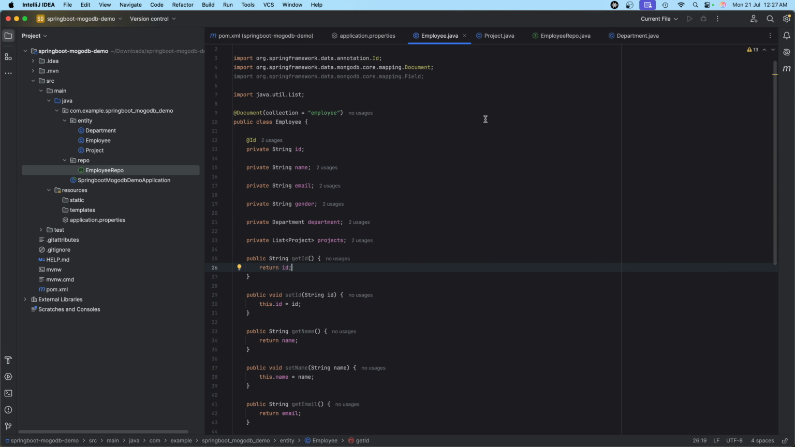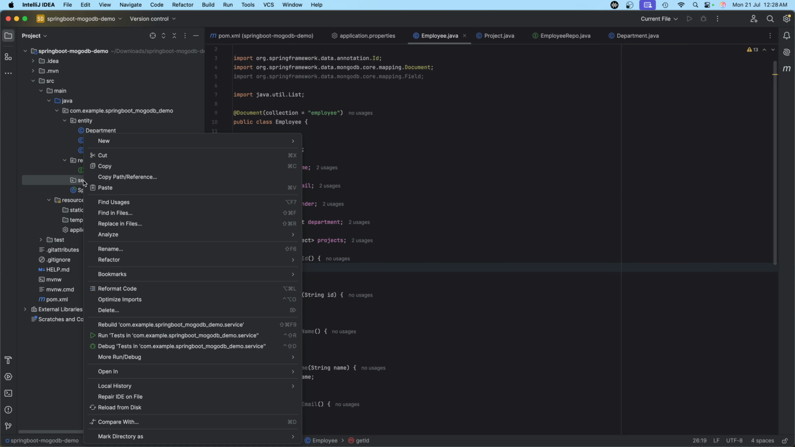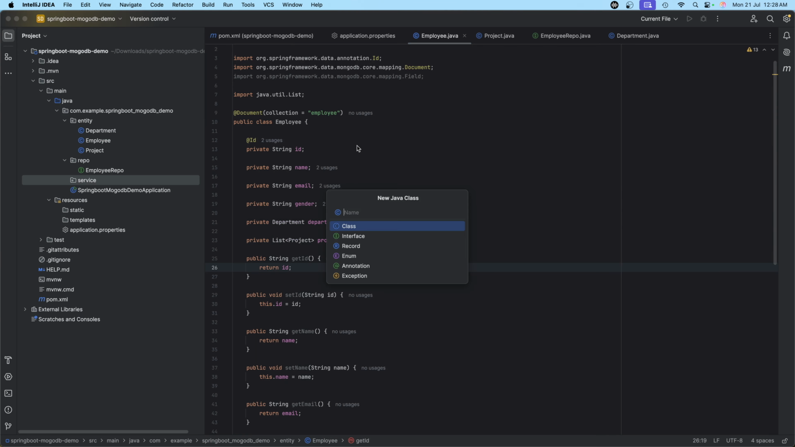Okay, so now that we have the repository, the obvious thing is to create a service layer as well. So let's quickly do that. Now why are we using a service layer? Because that is the business logic, or the main core logic, of your application. So again we need to create a package. Let's name this service, and inside here let's create a class. This class is going to use your employee repo. So this is going to be EmployeeService, and remember